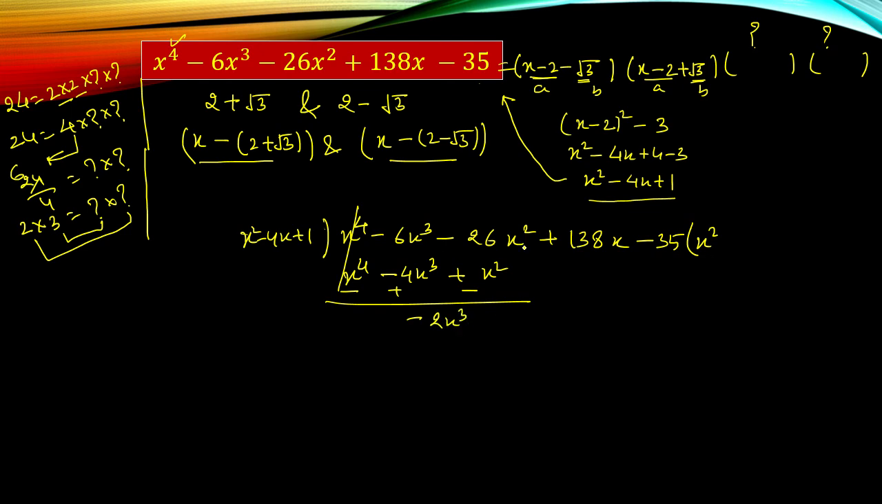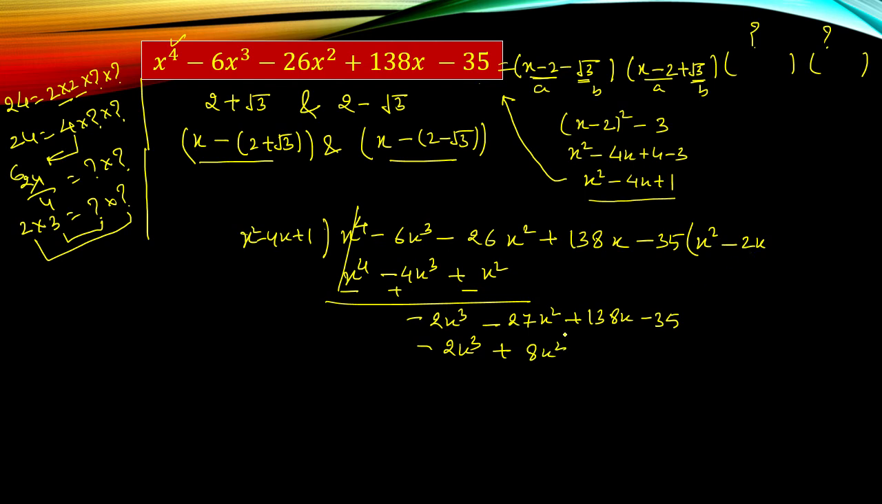And now 26x square negative and again x square negative. So we are finding here minus 27x square, bringing down plus 138x and minus 35. Now our task is minus 2x cube and here we are getting x square. So we can multiply this minus 2x into x square, that is minus 2x cube. And now minus 2x and minus 4x, that is plus 8x square. So plus 8x square